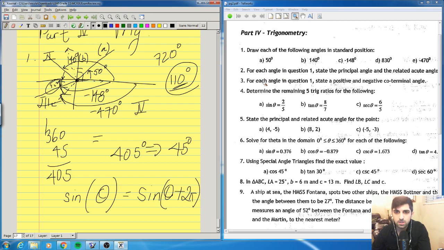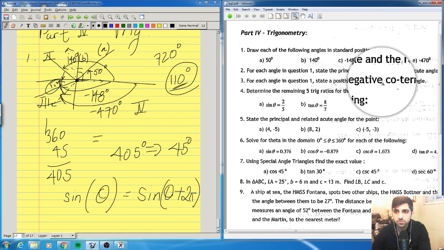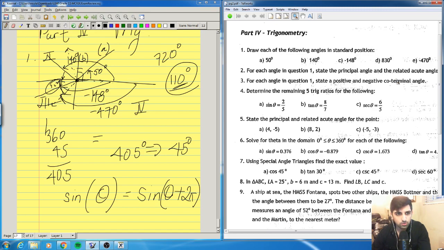That's question 2. For each angle in question 1, state a positive and negative coterminal angle. So another angle for each question such that,